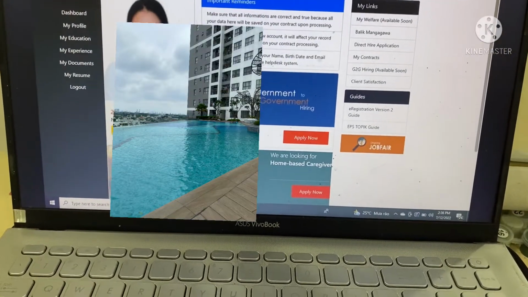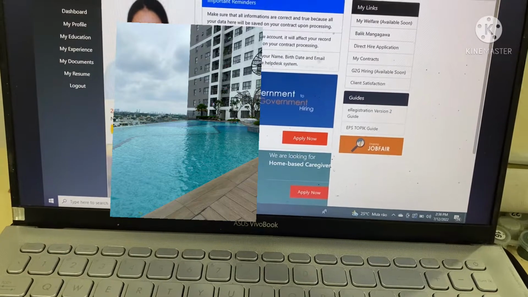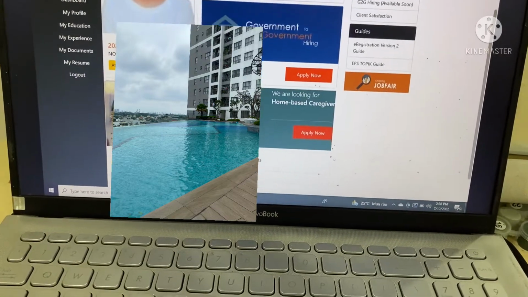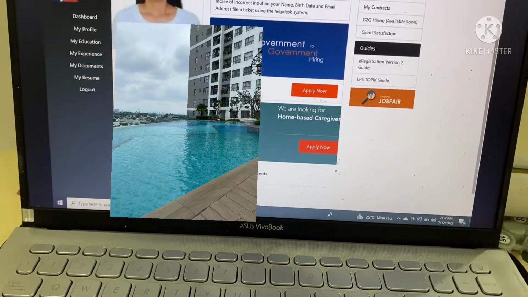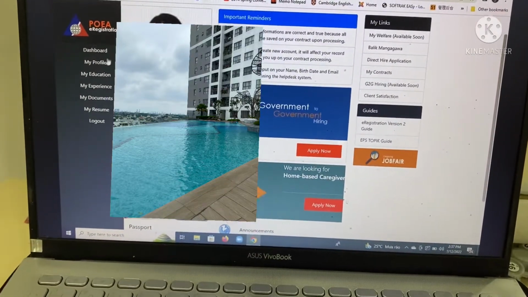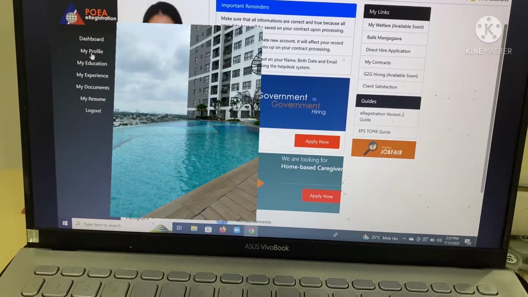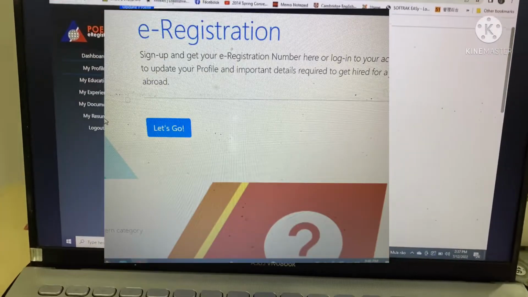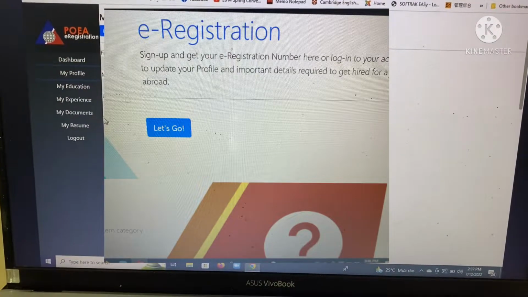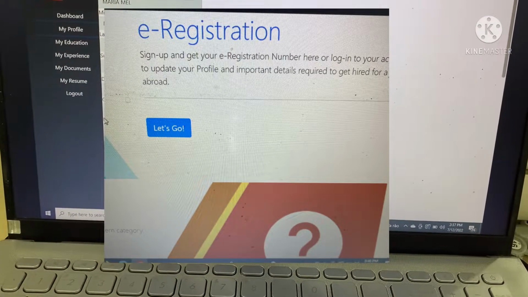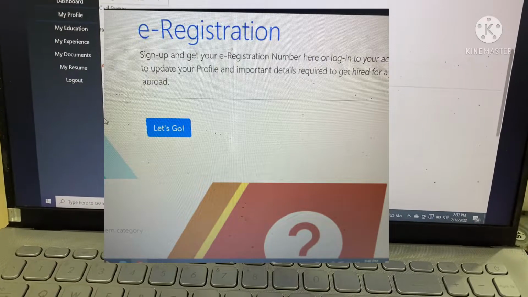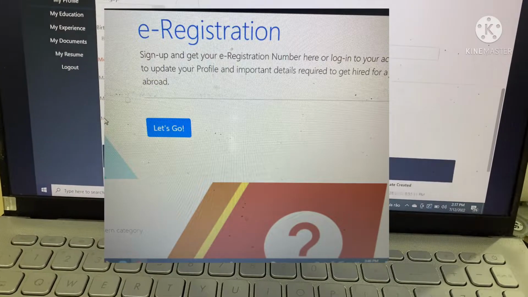Here you need to attach your profile picture and also attach your passport. Then you have to click my profile if you need to update your profile here. Write all the necessary information.